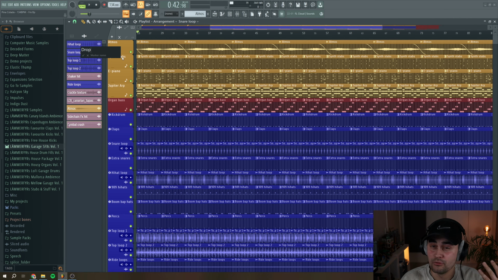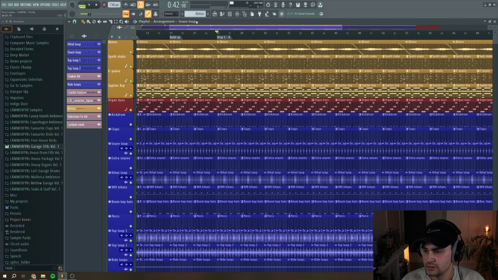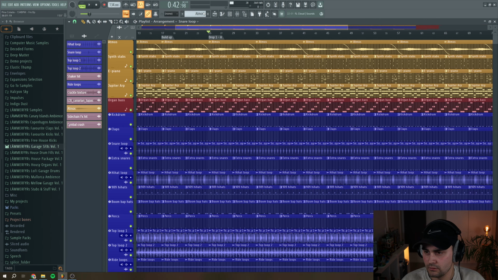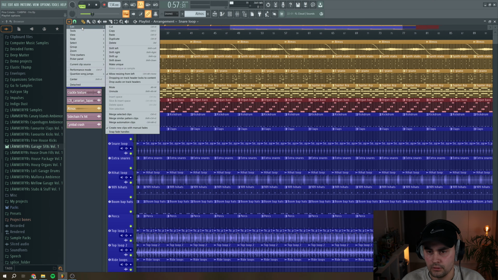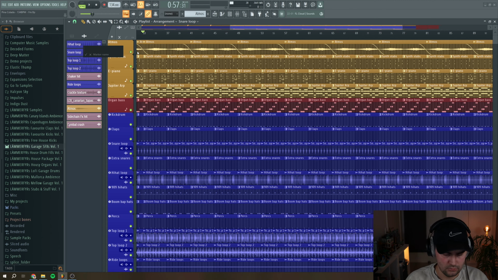You could also add another synth sound, or you can change the MIDI pattern of a synth that you're already playing in the first part of the drop, and then going to drop B, you do some kind of change, and it just feels more alive and more dynamic to the listener, in my opinion, at least. So let's call this drop 1, and then we can call this A. And then we can keep on doing this, maybe have the drop 1 here, and then do the drop